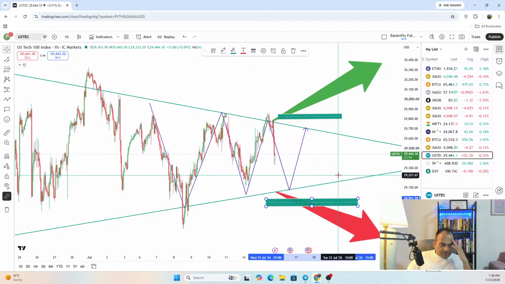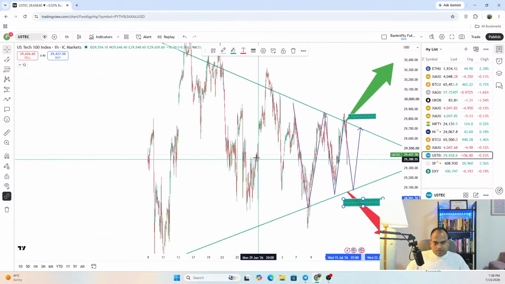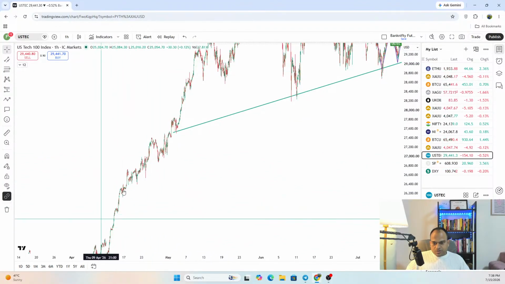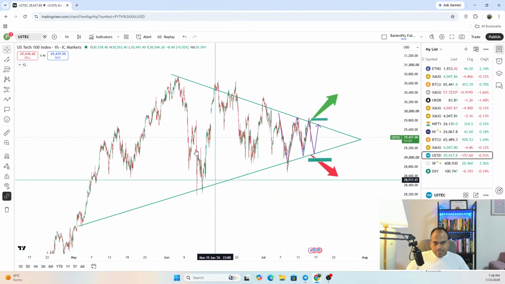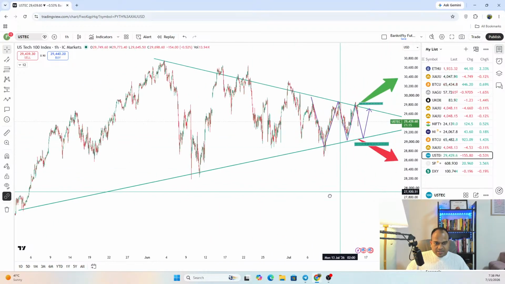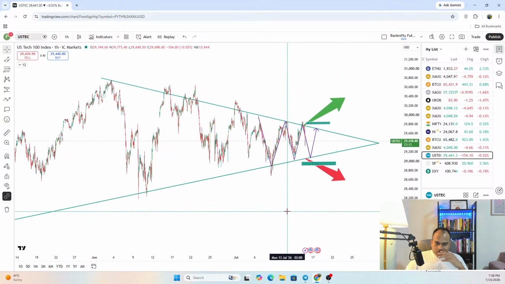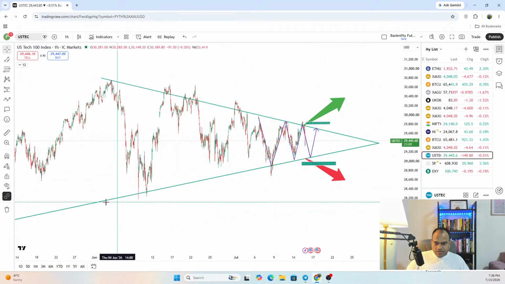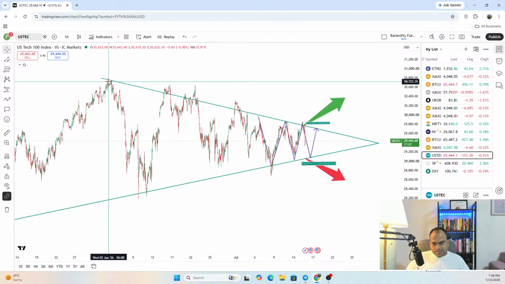For US Tech, when we look at a bigger time frame, there was a super strong movement since April, but after that, once the all-time high in June was achieved on 3rd of June, since then what we are seeing is that the market is actually moving in a triangle right now. There is a falling trend line from the top and a rising trend line from the bottom. The market is somehow trapped between